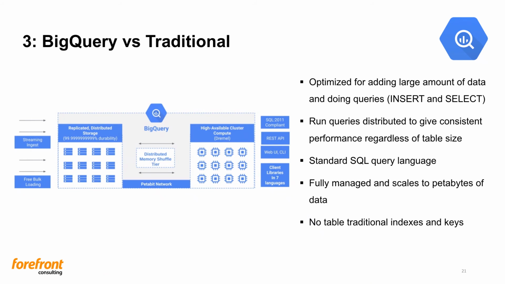Next up, we have the heart of the data warehouse solution in GCP, and that is BigQuery. And that is not your traditional database, even though it has the tables, the views, and the standard SQL syntax. It's really optimized for handling huge amounts of data and then doing queries against that. It's a fully managed system from Google, and it scales to multiple petabytes. But the key thing is that BigQuery doesn't slow down when you add more data.